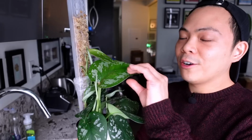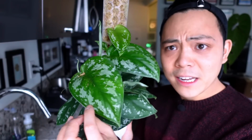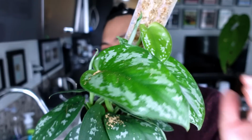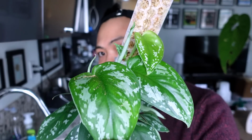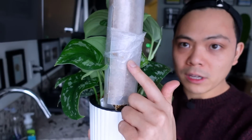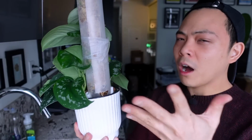Okay, moving on. I know y'all have seen her recently, but my syngonium, I mean, look at these leaves, guys. So big, so glossy. And because she's grown a little bit more, I want to guide these vines against the moss pole because right now they're kind of going out. I think they're long enough. Also, the press and seal that I put here for that one vine is kind of blocking the path for all the rest of them, so